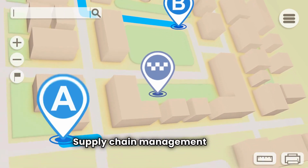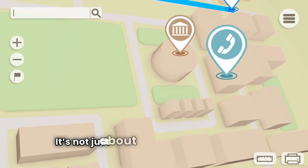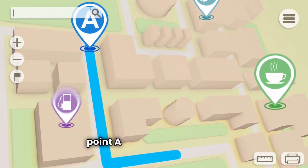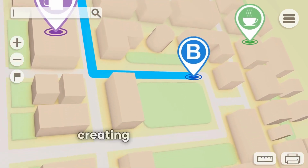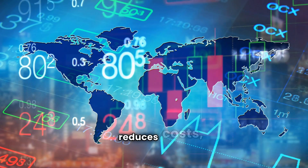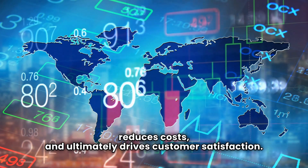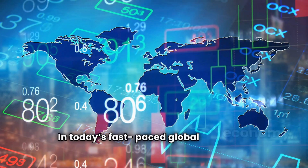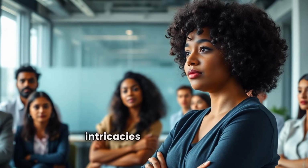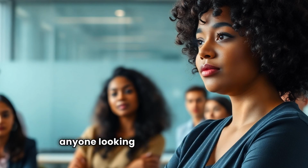Supply chain management is the backbone of any successful business. It's not just about moving products from point A to point B. It's about creating a seamless flow that enhances efficiency, reduces costs, and ultimately drives customer satisfaction. In today's fast-paced global economy, understanding the intricacies of supply chain management is essential for anyone looking to excel in